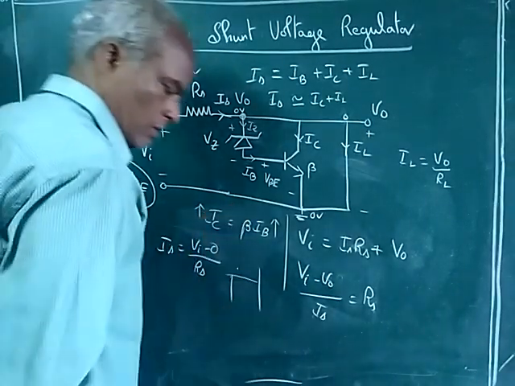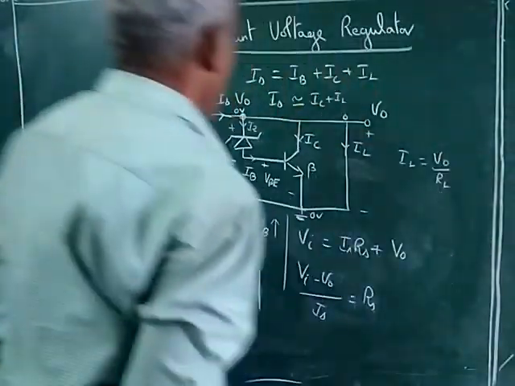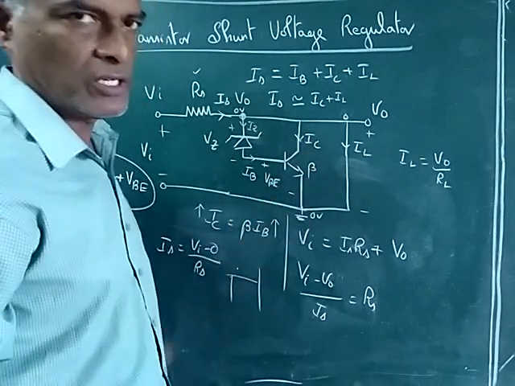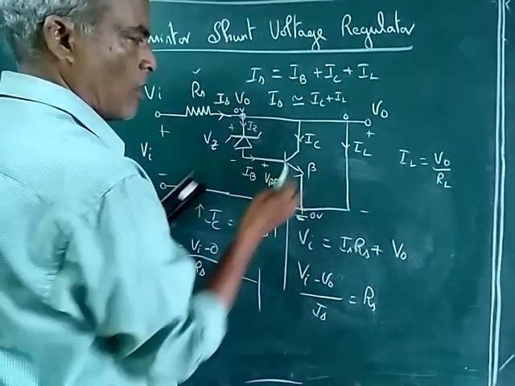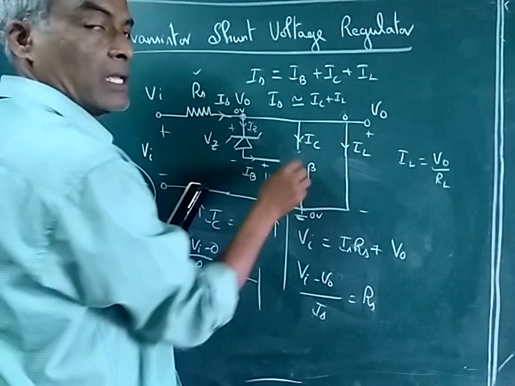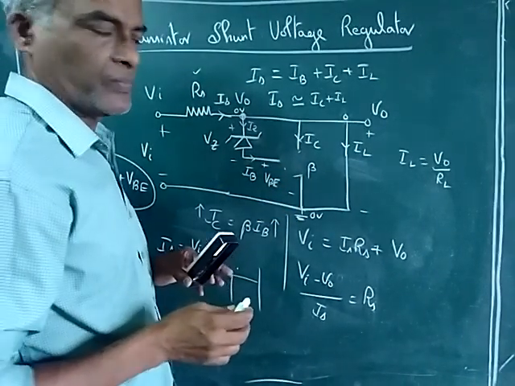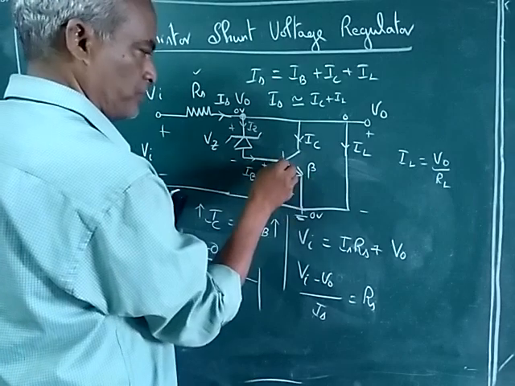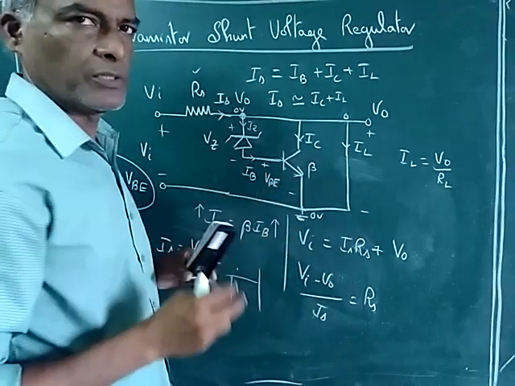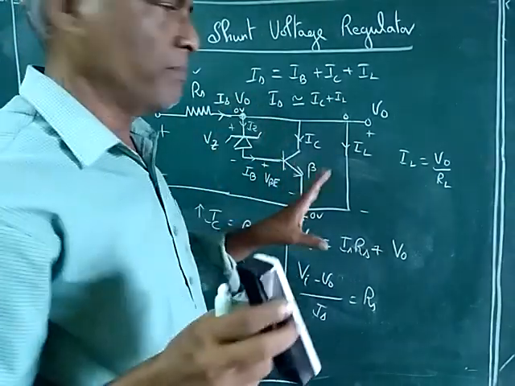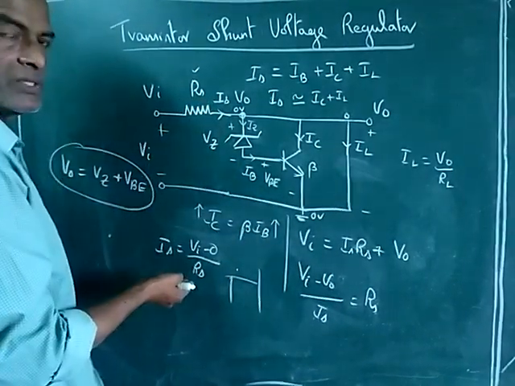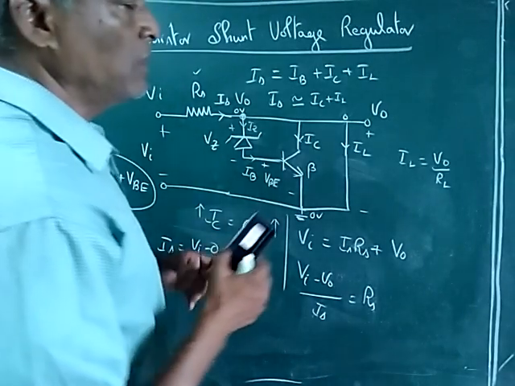So if this is not going to be in on condition, that is, it is not short circuit, it is going to be in off. Off means we can treat this as an open circuit. That means VCE is treated as an open circuit. Now since this is open circuited, your transistor is not going to be loaded, and since there is no base current, this is the worst case, and the current flowing through the RS is given by this relation. Next we will go for the open circuit.